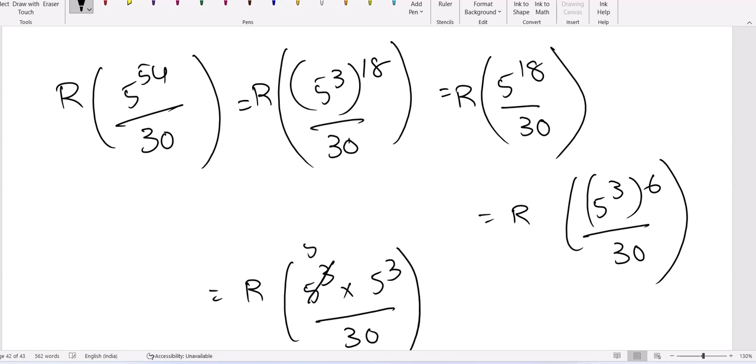125 divided by 30, 5 remainder. 5 into 5, 25. 25 divided by 30, remainder is 25. 25 cannot be divided by 30, so remainder is 20. This is a straightforward method, but it is taking more time, more cycles, because there is something common in numerator and